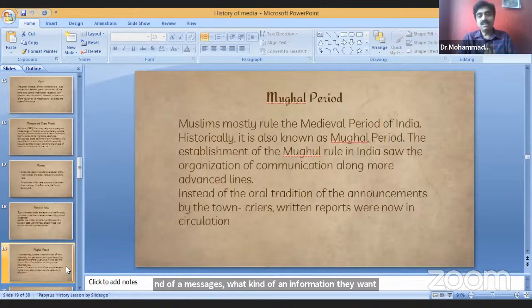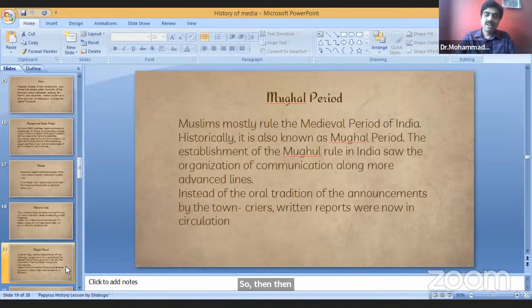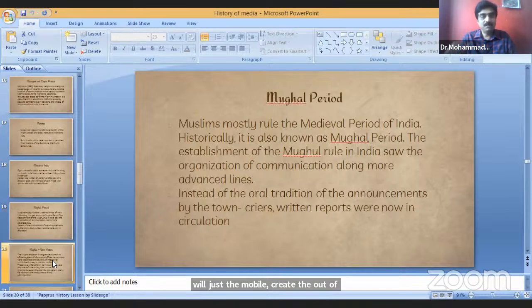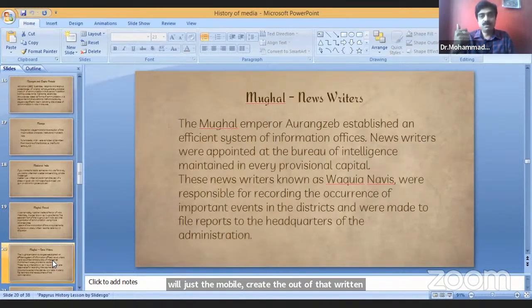Then there will be written formats. During the Mughal period they developed written formats that were put into circulation, to know what kind of activity the ruler was thinking about for the people, and what kind of measure is intended to be taken. So activities were written down. The Mughal emperor Aurangzeb established an efficient system of information